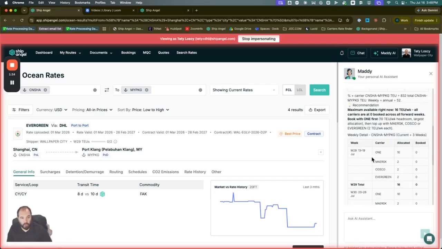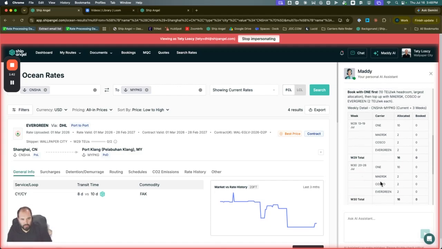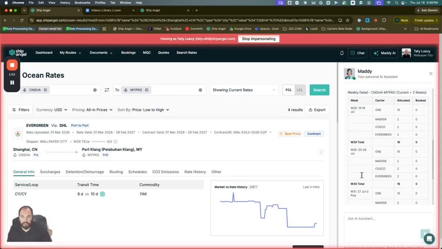Additionally, you could start to say, well, which weeks, which carriers, what's the picture between allocated and booked? That information then allows me to say, well, maybe I want to look at this week on Maersk instead of O&E. You can start to see the allocation forward projected based on the operational data, make good decisions on who you should or shouldn't use.